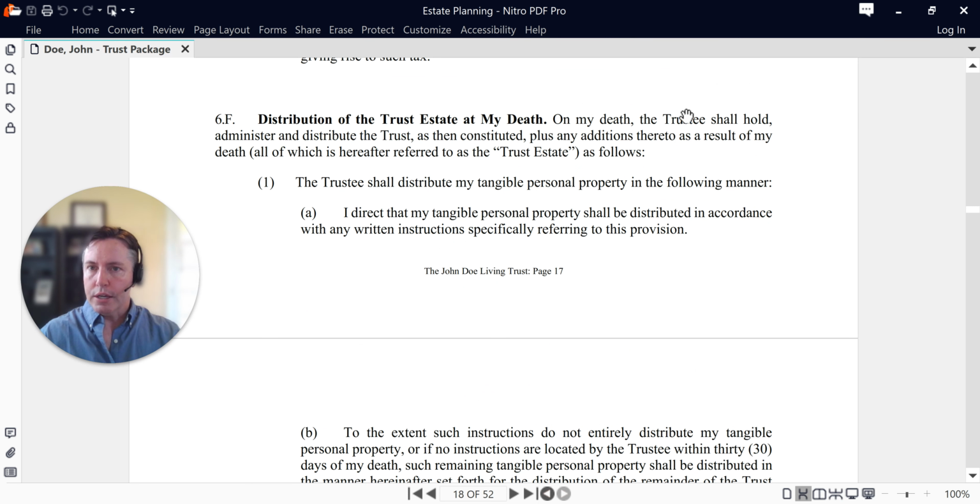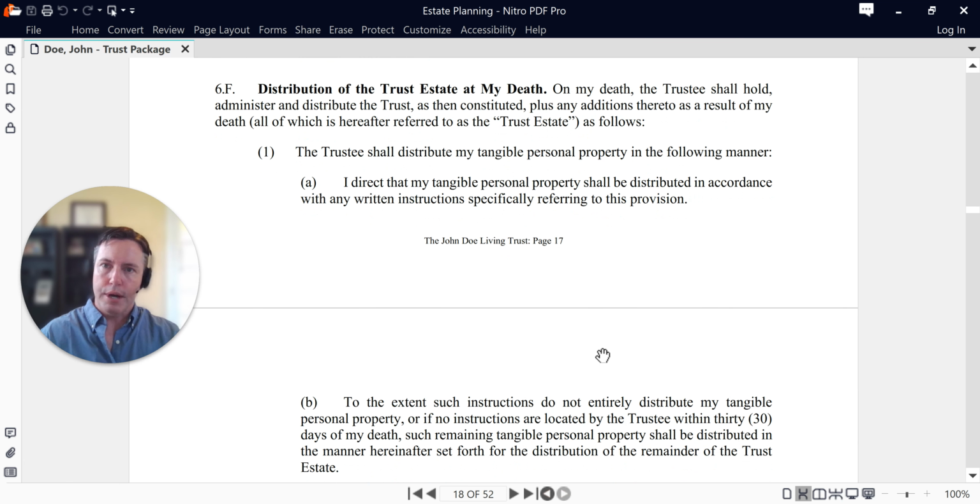And once all those are taken care of, really towards the end here is when you're making your decisions about who receives the rest of what you might own. And that might just be anything: real property, personal property, tangible, intangible, anything that you haven't earmarked elsewhere in the real world is going to end up in the trust. It's either going to be owned by the trust at your death, or as we'll see, your will is going to put those things into the trust regardless. So of all of that, you're determining who gets what.